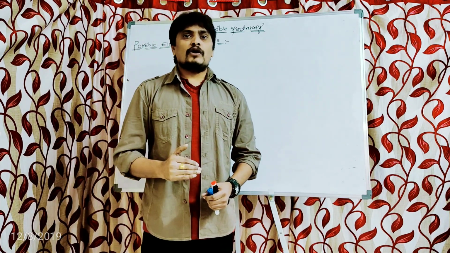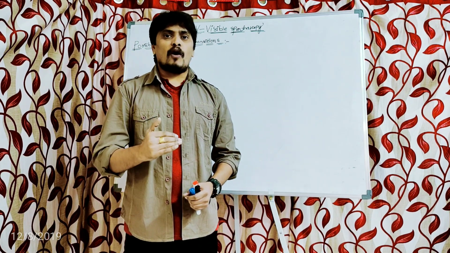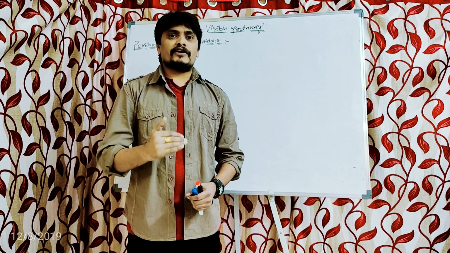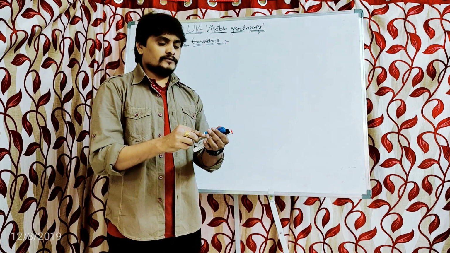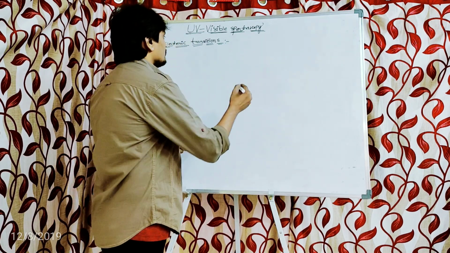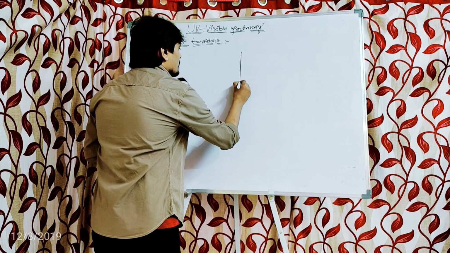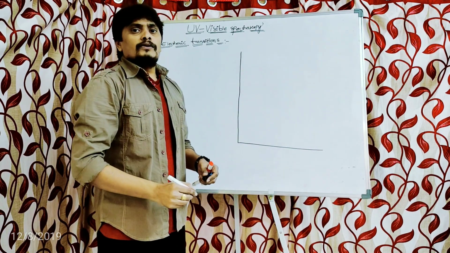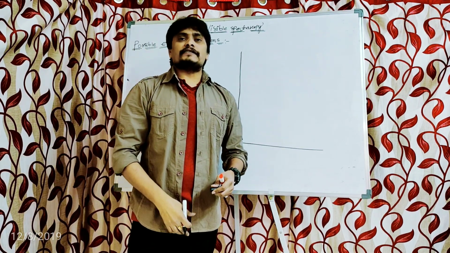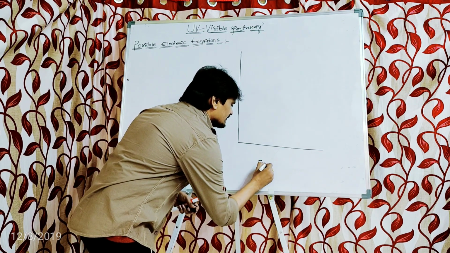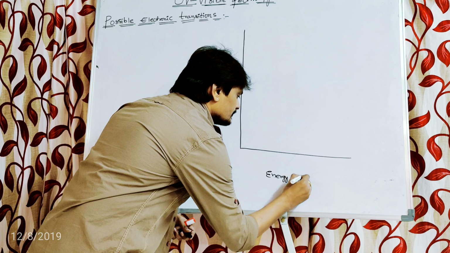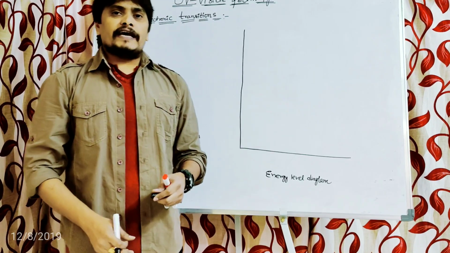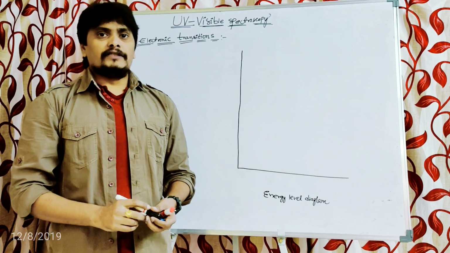So now let us discuss what are the possible electronic transitions with the help of this particular energy level diagram, or electronic transition diagram, or the figure. So before going to discuss the energy level diagram, so this is the energy level diagram, students. Before going to discuss the energy level diagram, I want to recap the molecular orbital theory